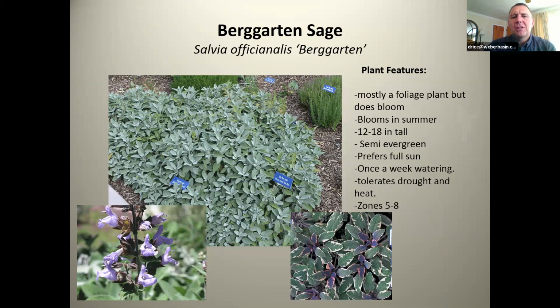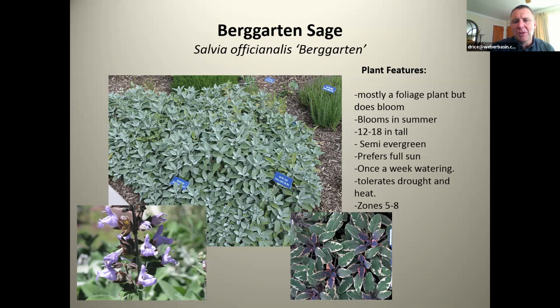Bergarten sage, salvia family. This is a foliage plant used again for the range of texture and color because they're semi-evergreen. They prefer full sun, once a week watering, tolerate drought and heat really well. And I've put the picture of the flower. They do flower, and the flower is interesting and nice. But mostly these are grown for, I mean, it is an herb. It's sage. You can use this as a sage herb, but it's grown mostly for just the texture and interest